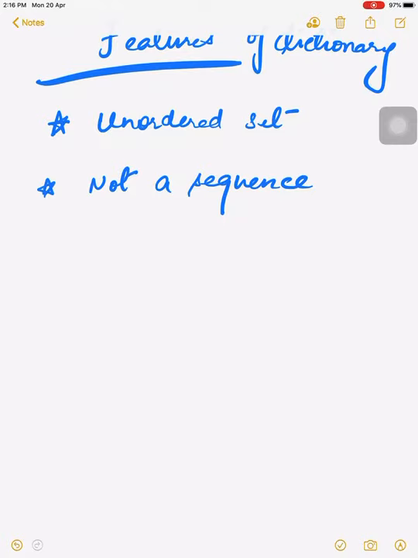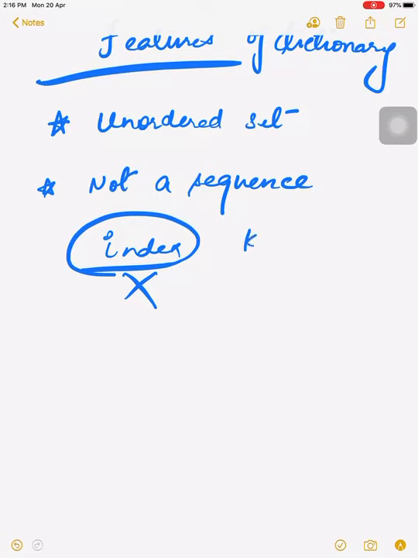That is also known as the another feature: not a sequence. What is the meaning? Same as like list, string and tuples, they have a sequence, but in the case of dictionary there is no sequence because the elements of the dictionary are not stored on the index. They are stored with the help of key and value.